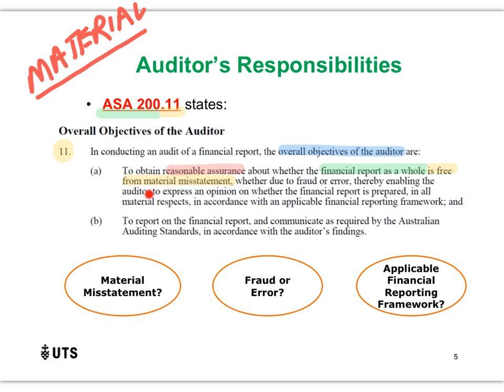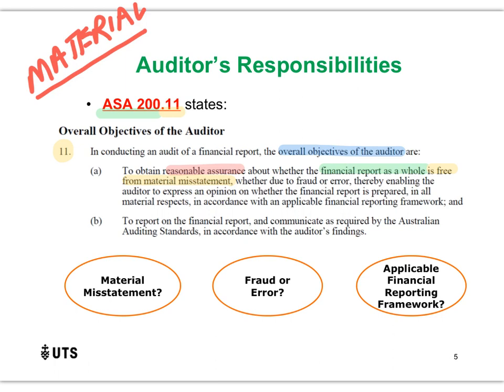So in the context of material misstatement, what I'm trying to explain to you is when we perform an audit, yes, we are looking for misstatements. Yes, we are looking for issues. But what we are focusing on are material misstatements, material issues. Think about it this way. If we find a particular mistake in the financial report and that mistake is $1, that's not really a material issue. It's an issue, but it's not a material one. So that won't be enough for us to say the financial report is not true and fair.